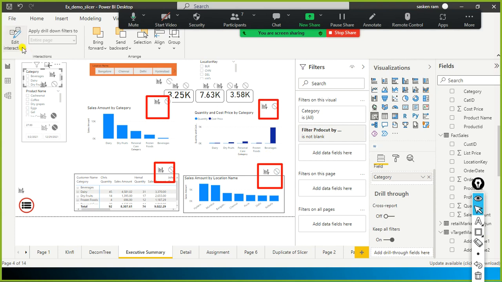So what I did, I just selected edit. When I click on it one more time, that one gets one second. When I click on it once, it will disappear. When I click on it one more time, it displays this one. For example, if I select this visual,